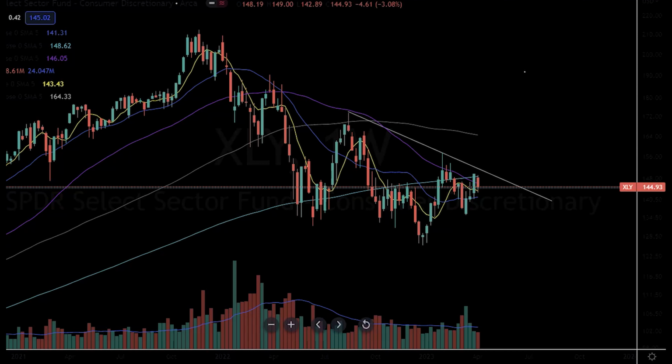In terms of the year-to-date performance, XLY has been holding up relatively better than most sectors. It is up on the year 12.21%, but it is still the second worst performing sector in terms of a one-year period. It's down 22.88%. So definitely not really that much strength in this particular sector,